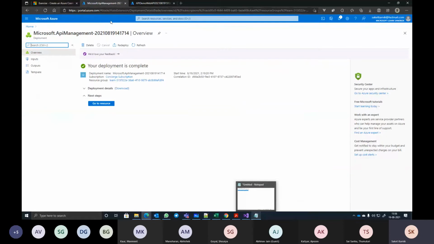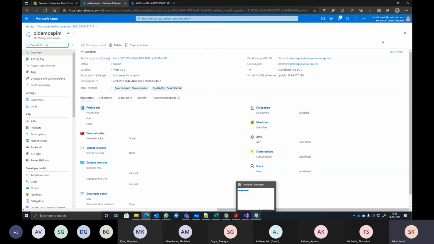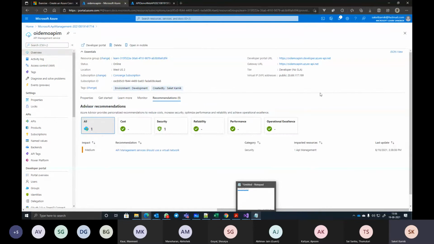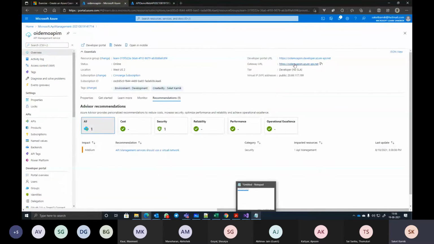Now it's about implementation. So it all starts with API-M deployment. Here I can see the deployment is completed, which we started just after the lunch break. Let's say go to resource. That's the step 1, deploy API-M instance. Your APIs will be ultimately available on this gateway URL. Your clients from here onwards will not be served the APIs with their original address, which is this. This will be hidden behind this gateway address. Understood?